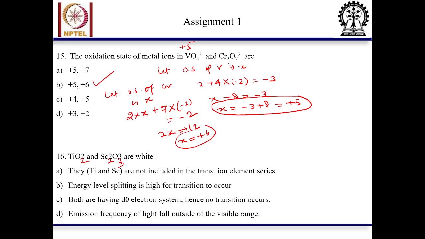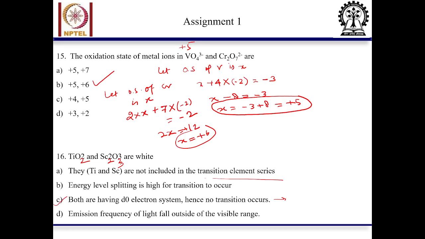Okay, Devendra Malik is saying C. Anyone else? Okay, Dr. Naveen Awasthi is also saying C. Okay, so the correct option is C, because the first option is incorrect, as titanium and scandium are not included